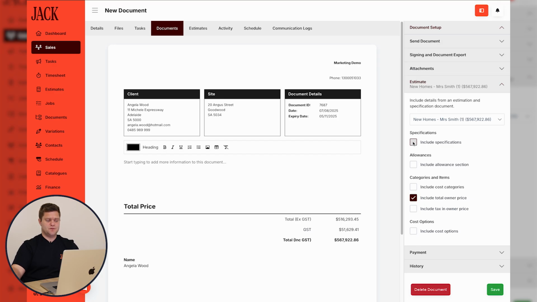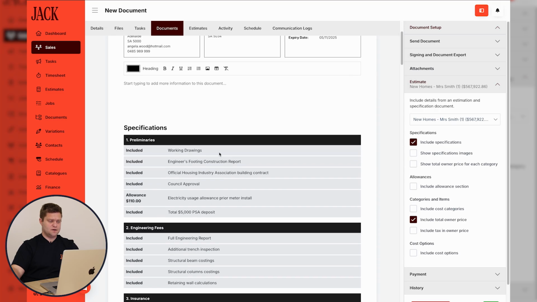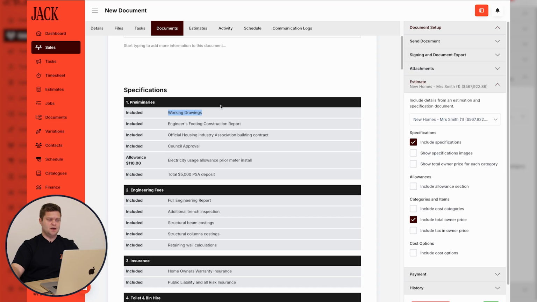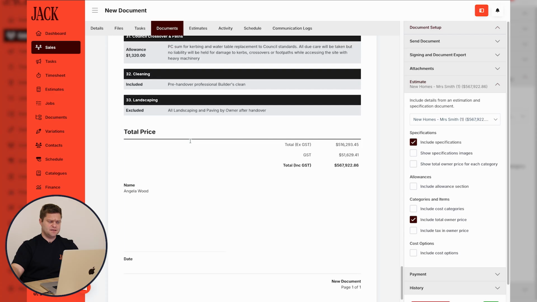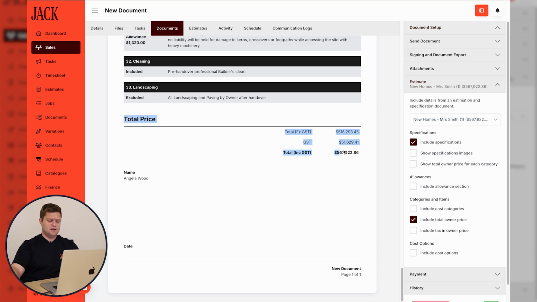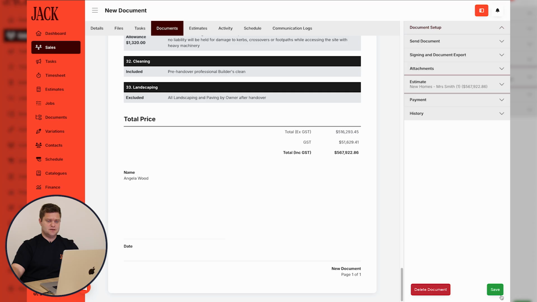So we can click include specifications, and then all the items that we clicked included or allowance or excluded on will show up under the category name and then the item and what they are, so that you can give a detailed, broken down professional proposal right directly to your client to make it really clear what it is that you've actually costed for them. And then if we navigate down the bottom here, we can see the total price that you've quoted the client. And then from here, you can click save,